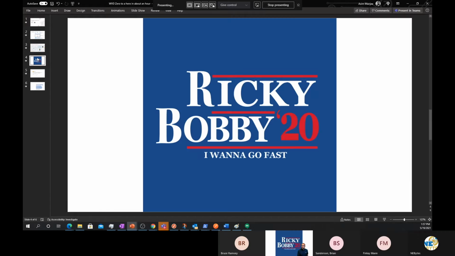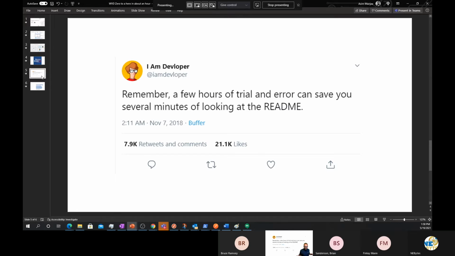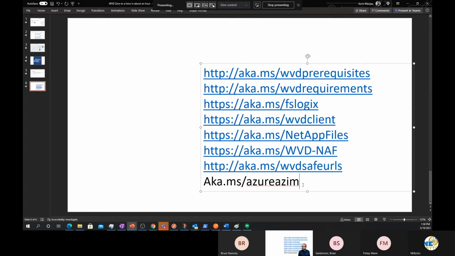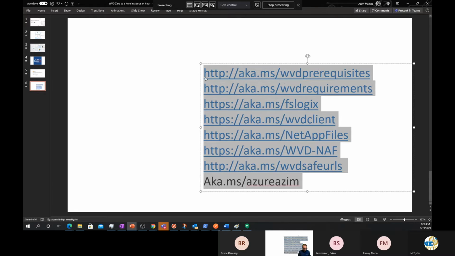So, the idea of the 0 to hero is that we want to go fast. And so, the key to going fast is not to just get started right away, but to actually maybe do something, right? There's something we need to do in order to save a few hours of trial and error. I love this quote. We always want to take a few minutes to just look at the documentation. And so I'm going to put these all in the chat for those of you who want to review these docs. I'm not going to take you through the docs now, but the reason why I'm saying that is because